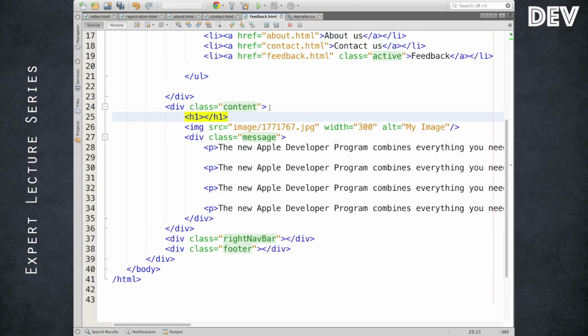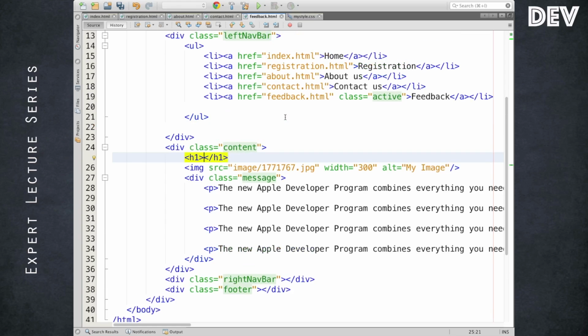H1 is a heading. H1 is the highest size of the heading. As you go H1, H2, H3, H4, the size of the header becomes slightly smaller. Of course, by selecting the tag and writing CSS, you can change the default behavior, changing the text size to your desired values. Anyway, I'm going to make it a registration.